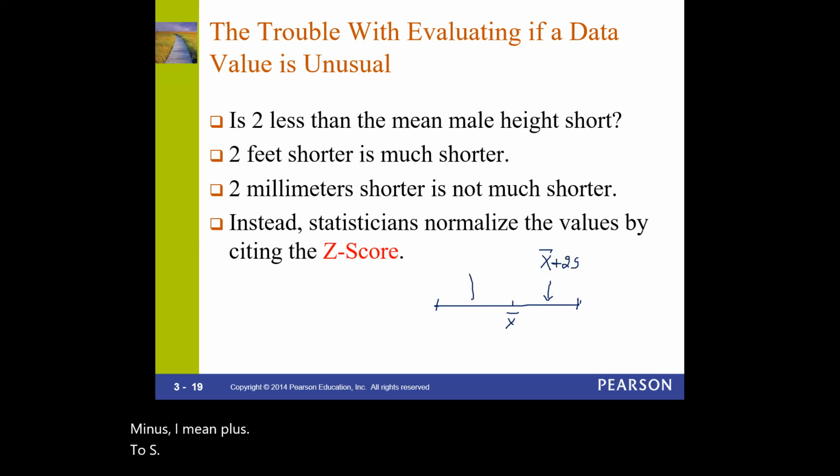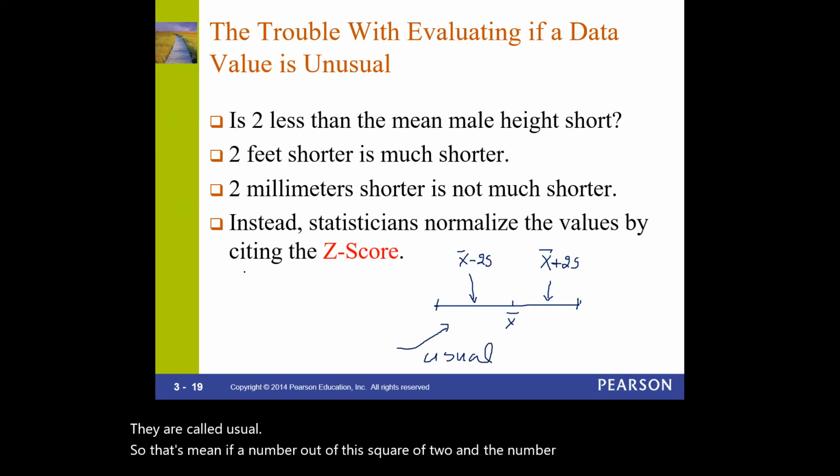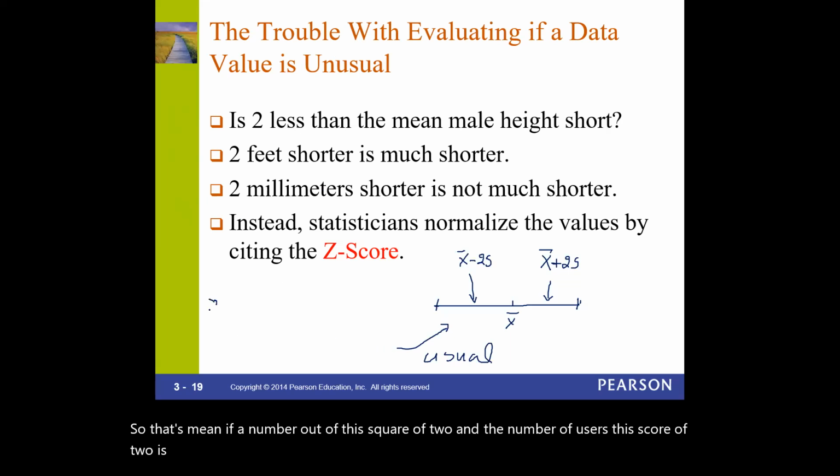This one over there is X bar minus 2S. Whenever data fall in that range, they are called usual. That means a number with a z-score of 2 is usual. When z is equal to 2,